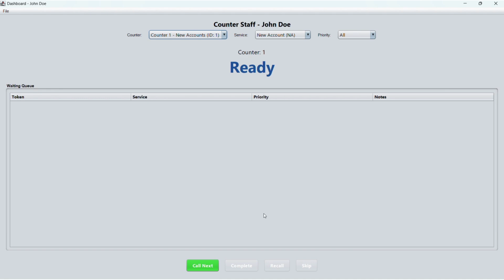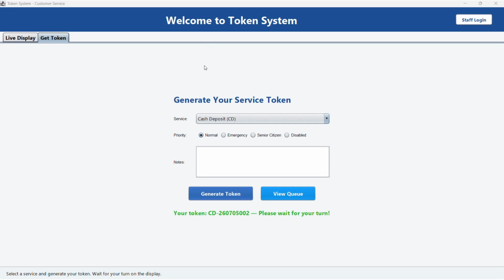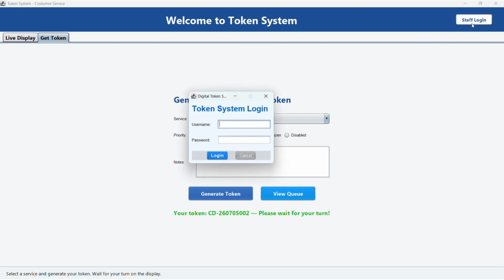Now let's move to the supervisor page. To look at the supervisor page, we have to log in. Let's log in.